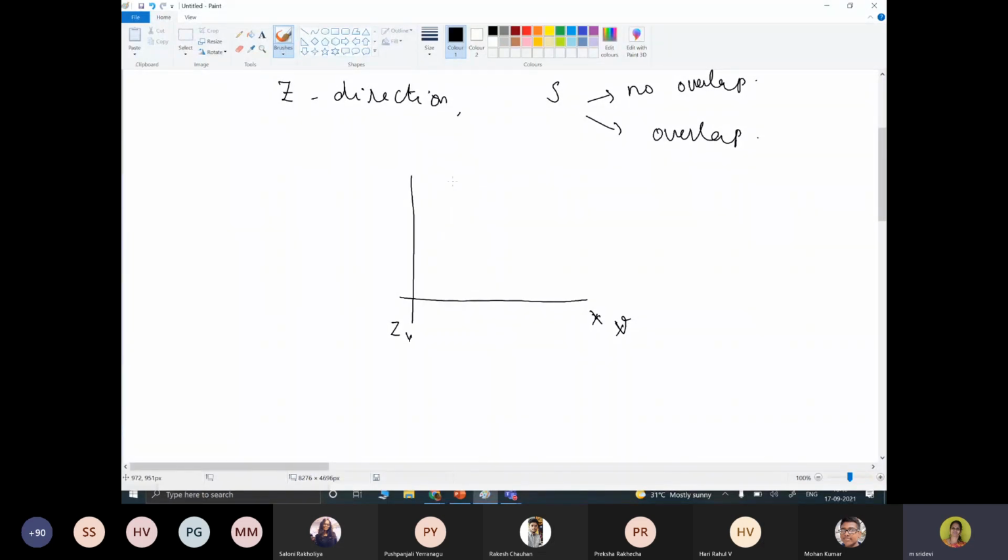This is one surface, and another surface; call them S1 and S2. Are these two surfaces overlapping or not overlapping with each other, with respect to the axis?